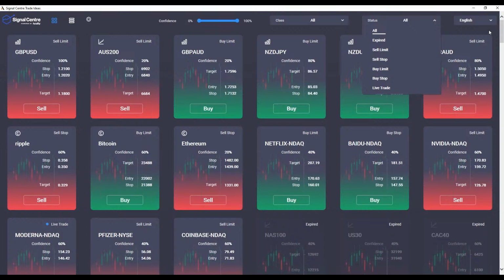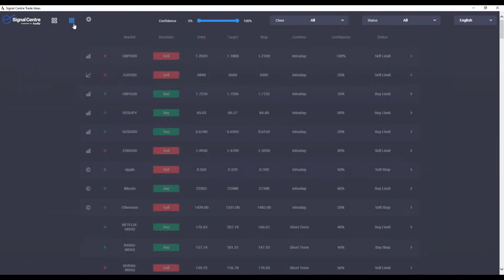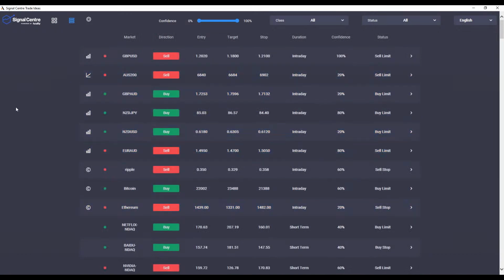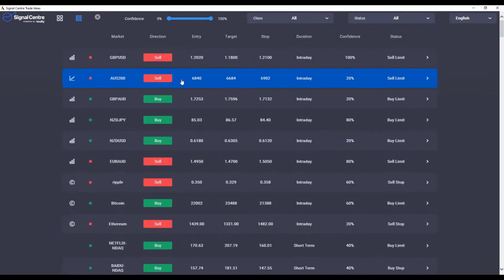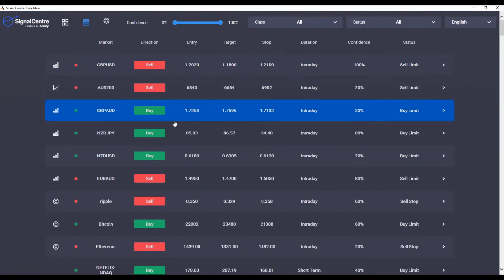And lastly, for those of you who are more comfortable in Chinese, you are able to switch to Mandarin for this trading tool. Okay, so may I just switch to another kind of view, which is the tile, which is the list view right here. So I think for some of us, this may be easier to look at. Similarly, they provide the same key information like the markets, the direction, buy or sell, the entry, target, and stop level. And the duration, it is the part where they show you what kind of duration this trade idea is